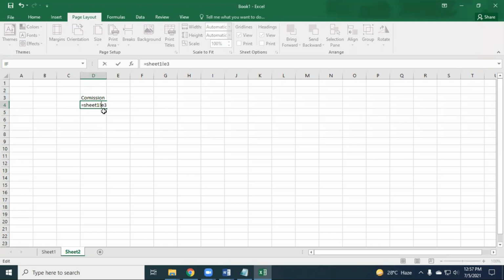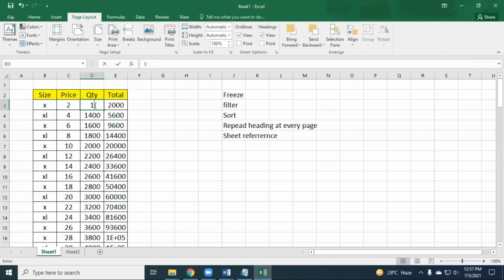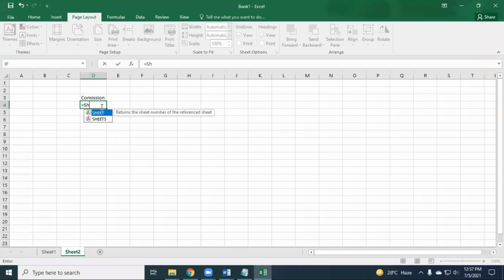Okay, enter. See, now copy and paste. See 2000. Now if you would like to increase the value to 1000, see, it's very tough. It is also difficult, because you have to write the sheet name, Sheet1, then exclamation, then the cell name.